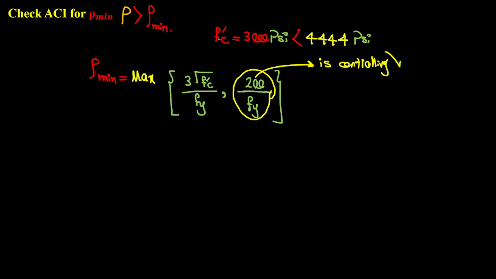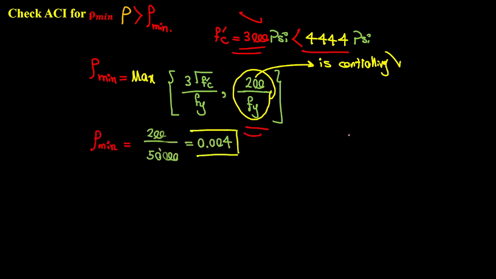So in our case, f'c is 3000 psi in our problem statement, so that's definitely less than this one. So the second term is controlling, and our fy is still 50,000 psi. So this is our rho minimum, and our rho available,